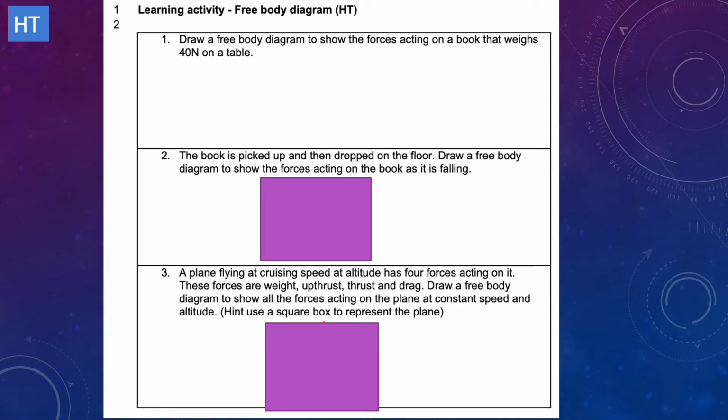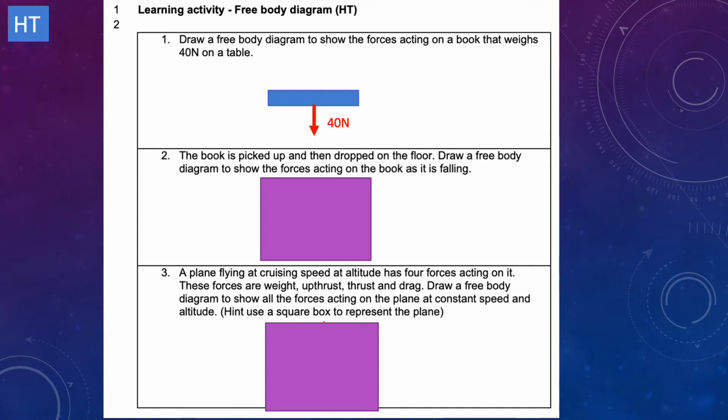So you're given a situation where you have a book on a table and you have the weight, that's 40 newtons. So the first thing you should do is always draw the object that you're focusing on. So you can draw a book, a rectangle, whatever. And if it's weight, you should know from there that that weight is due to gravity, and gravity always goes downwards. So your free body diagram should look like this so far, because you have 40